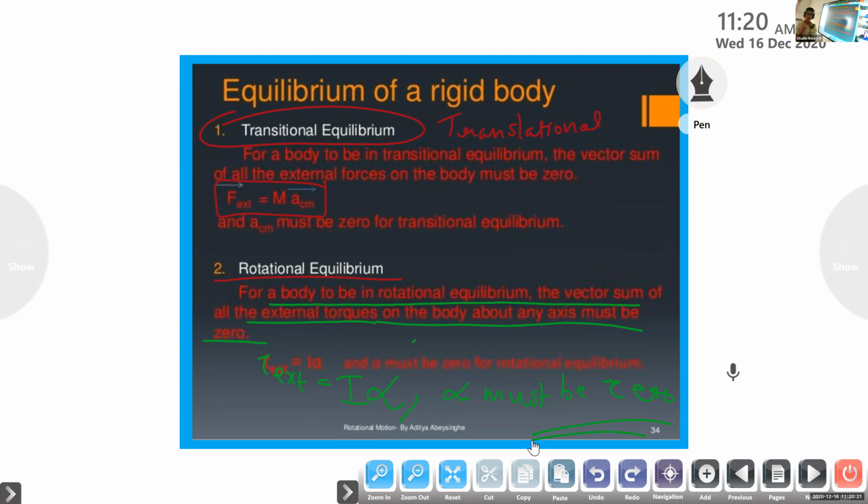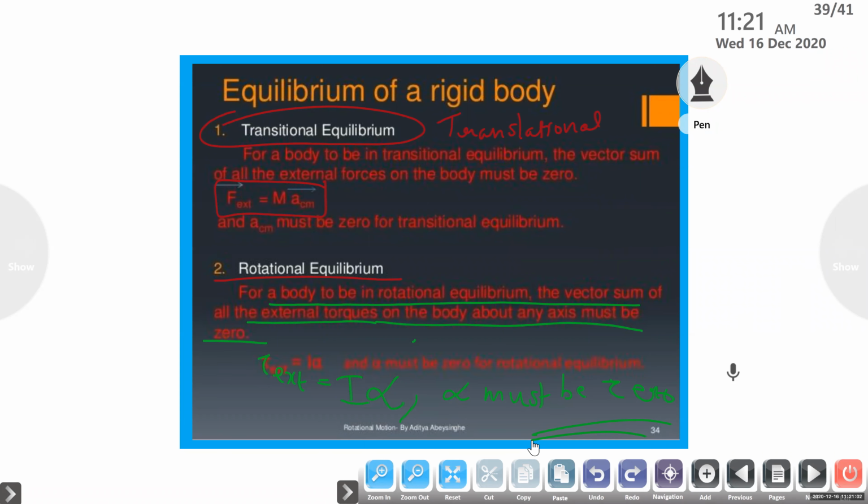Why? Because angular acceleration is the rate of change of angular velocity. So there should not be continuous change. They should move with a constant speed. Just like a fan, you are putting number 5. Putting number 5 means it has a particular speed. So for the entire hours it should move at that particular number 5 speed. Suppose we put number 1 on the fan. Whichever hour it is working, it should move with the same speed, number 1. So that is what we call rotational equilibrium.